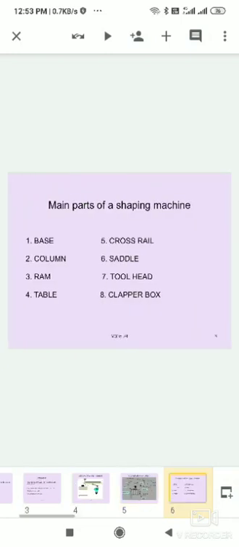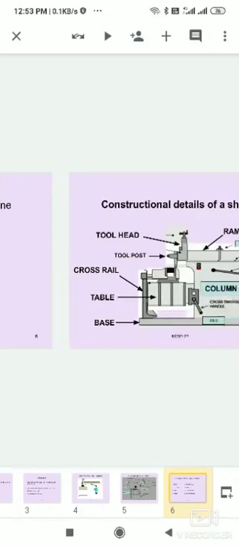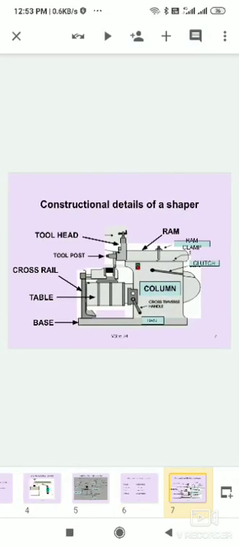These are the main parts of the shaping machine: the base, column, ram, table, cross rail, saddle, tool head, and clapper box. The construction details of the shaper machine we have already seen. This is the base.